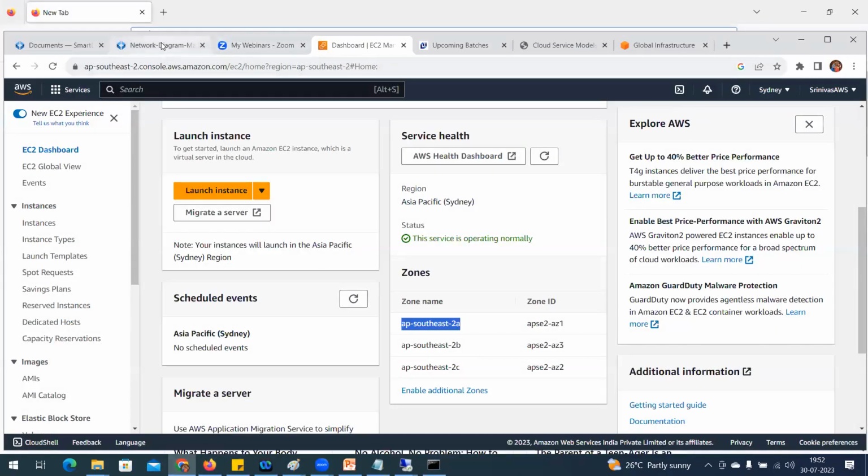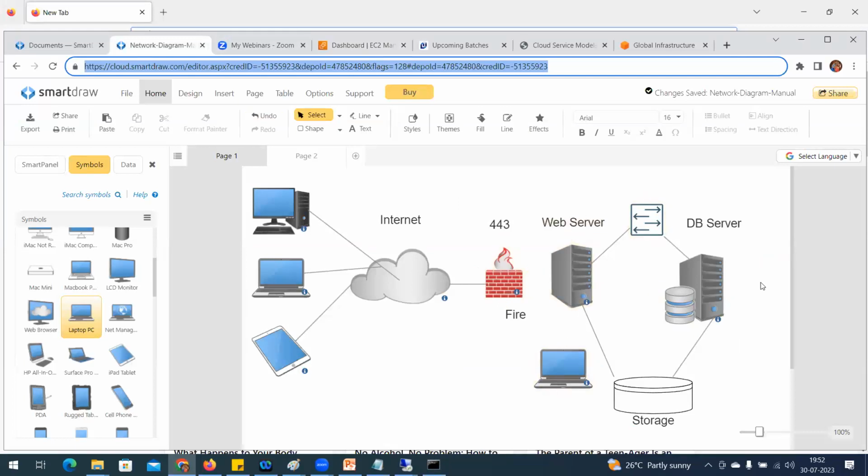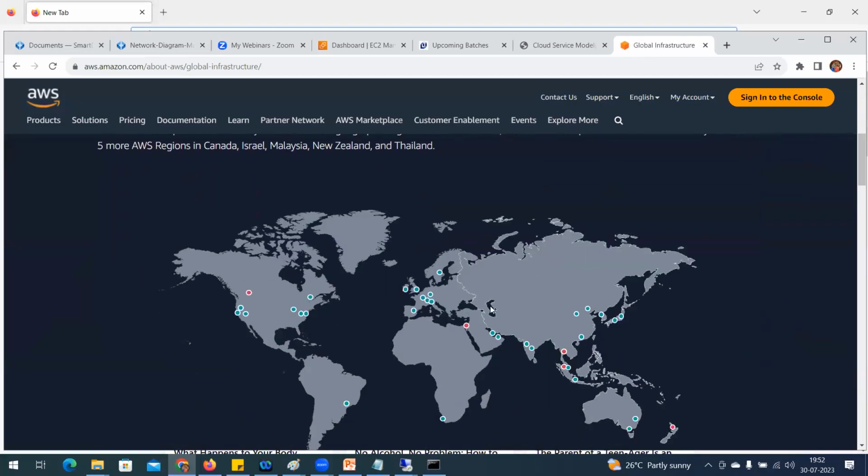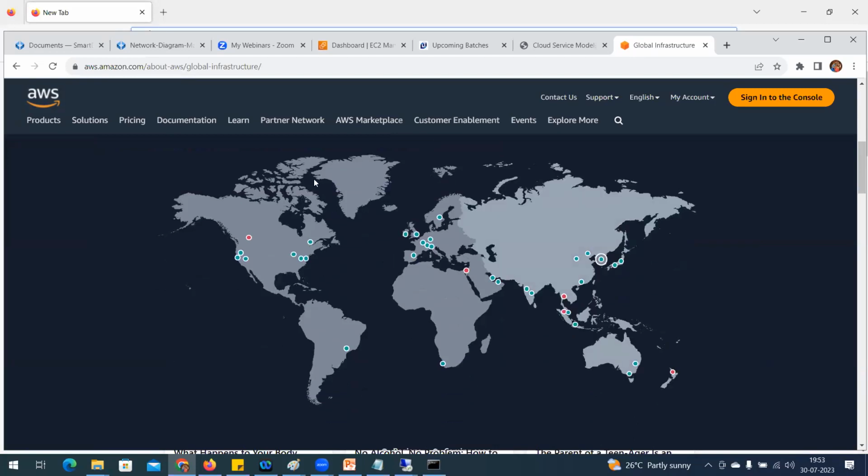In this particular diagram, whatever servers, even 2 servers, I need to replicate in a different location. That comes under disaster recovery. Because my business should not be impacted by any floods, any disaster or anything. My application should be up and running. How is it possible? By looking at this infrastructure location. See here, this presence is available in AWS's 31 countries. Whatever green dots you are able to see here, how many availability zones are there?